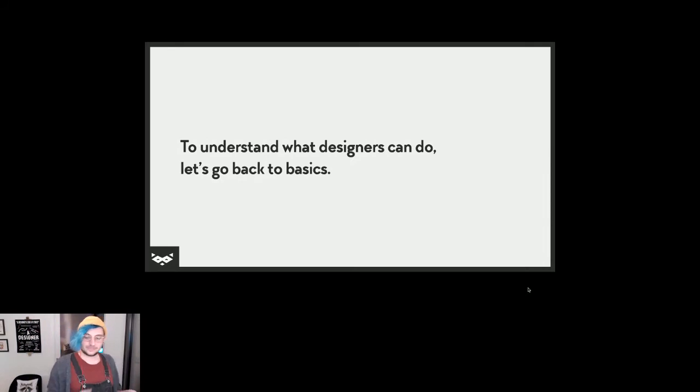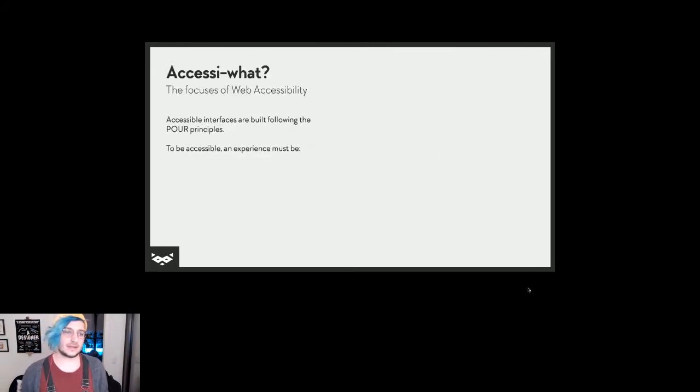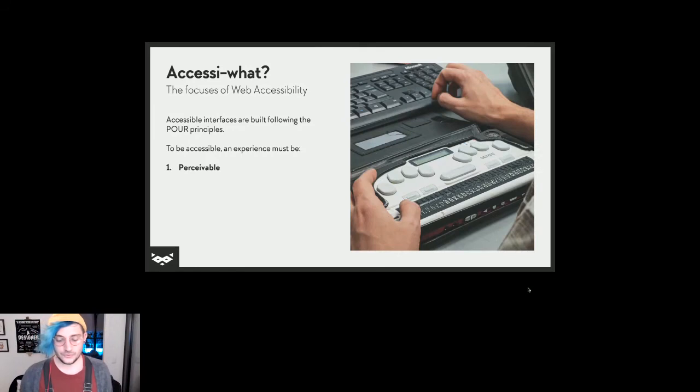And to understand what we all can do, let's go back to basics. The first thing to understand about accessibility is what the 4 focuses, the 4 principles of accessibility, are. It's called POUR. And the idea is that to be accessible, your product, your website, your experience, because it is not only something that you can apply to the web industry, but as a whole, must be first